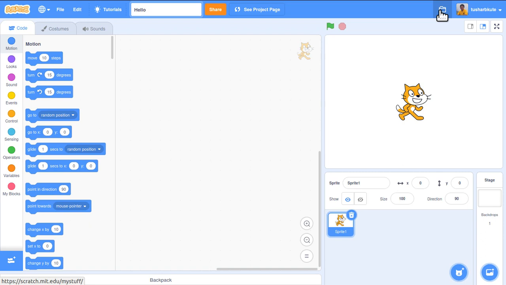Okay, now let's come below. Here we can see three tabs: code, costumes and sounds. Now their meaning will reflect the information about themselves. Like code means the programming statements will appear over here. See this: motion, looks, sound, event, control, sensing, operators, variables and my blocks.